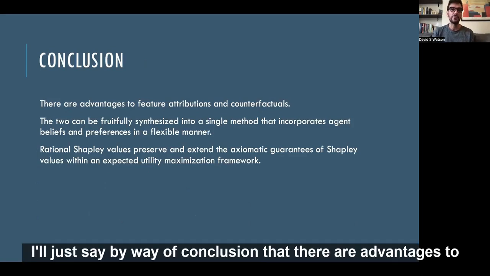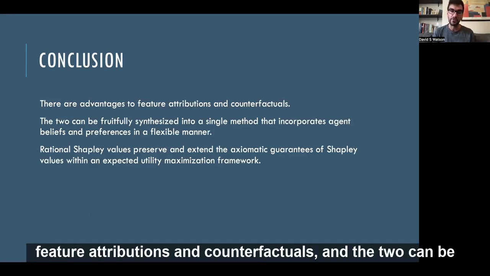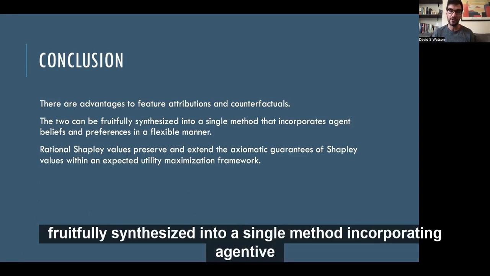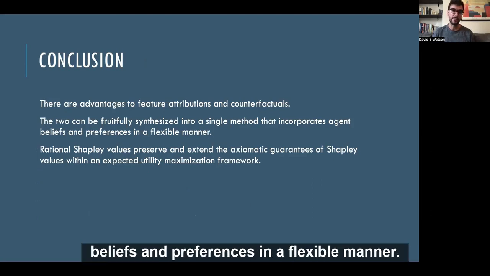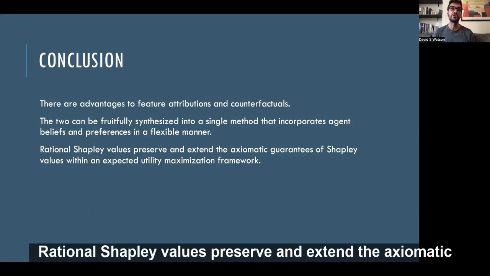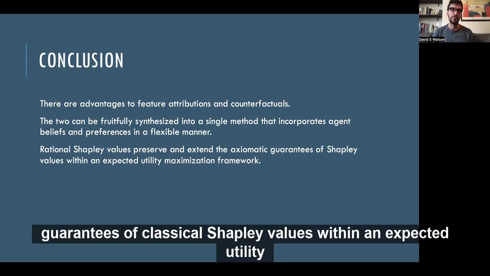I'll just say by way of conclusion that there are advantages to feature attributions and counterfactuals, and the two can be fruitfully synthesized into a single method, incorporating agentive beliefs and preferences in a flexible manner. So rational Shapley values preserve and extend the axiomatic guarantees of classical Shapley values within an expected